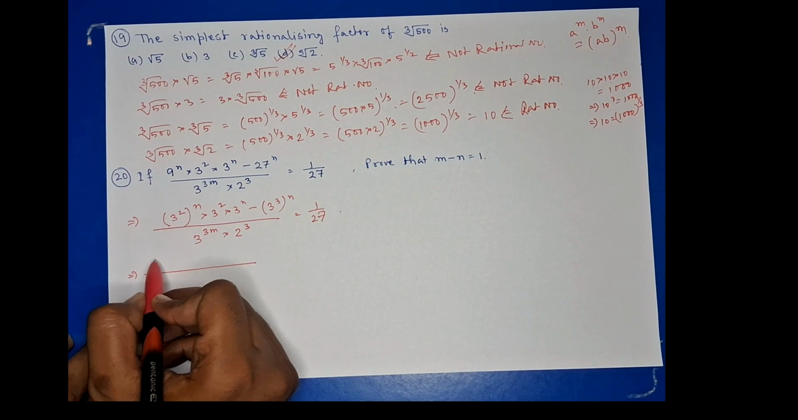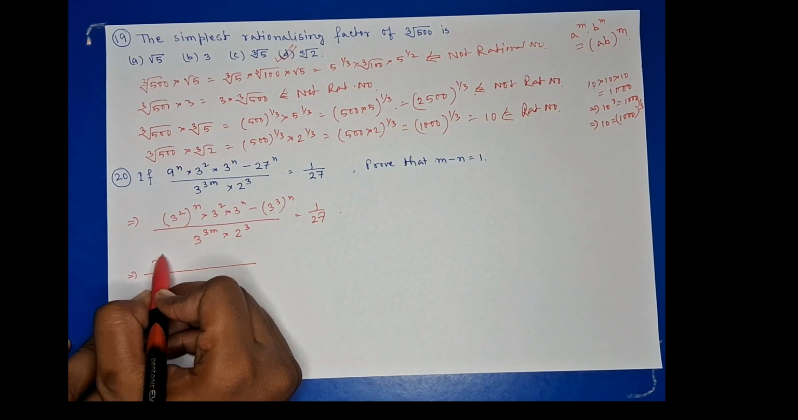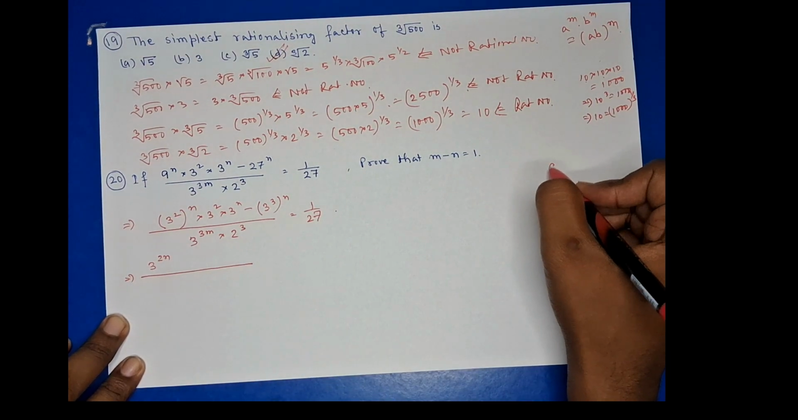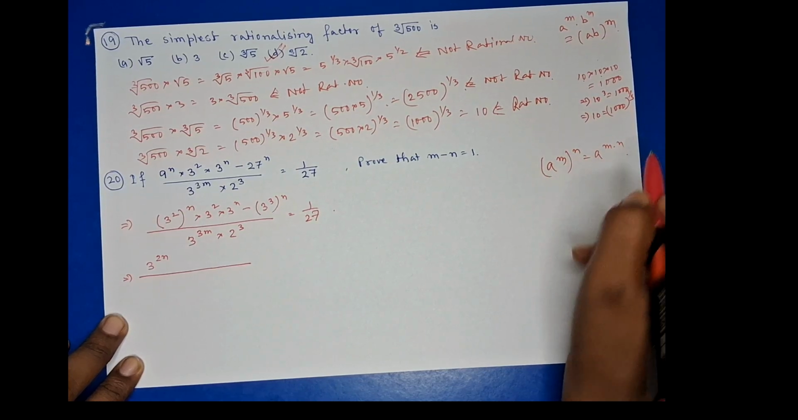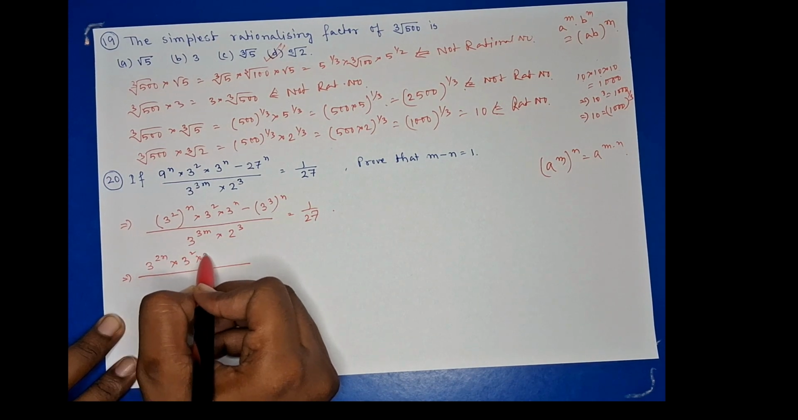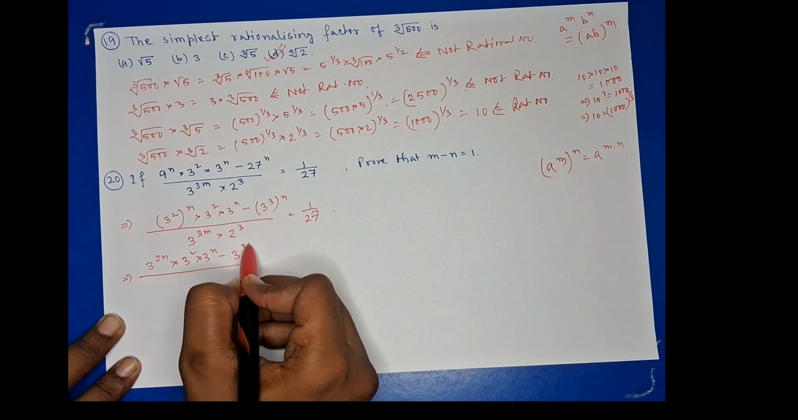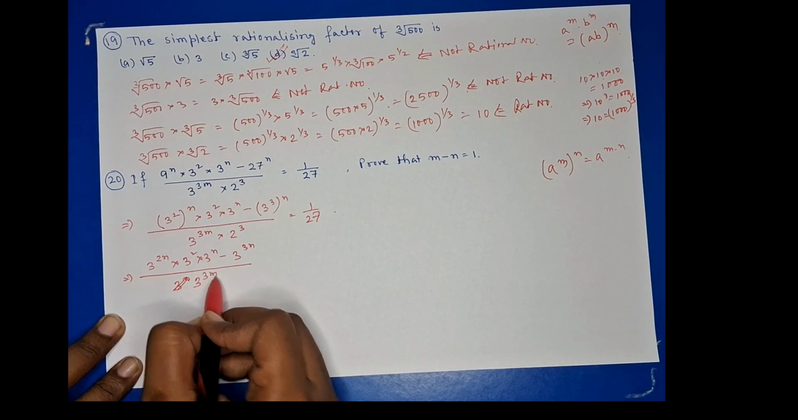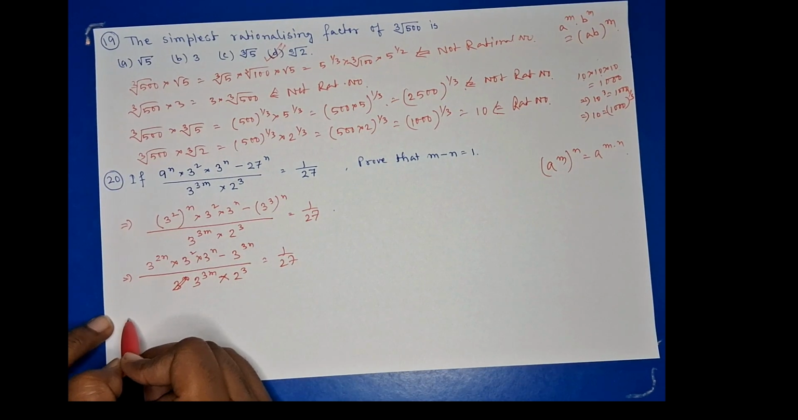Can I write it as 3 square whole to the power n means 3 to the power 2n? We can write. A to the power m whole to the power n is equal to a to the power m into n. We have learned. That is what I have written, into 3 square into 3 to the power n minus this also I can write as 3 to the power 3n. 3 to the power 3m into 2 cube is equal to 1 by 27, or